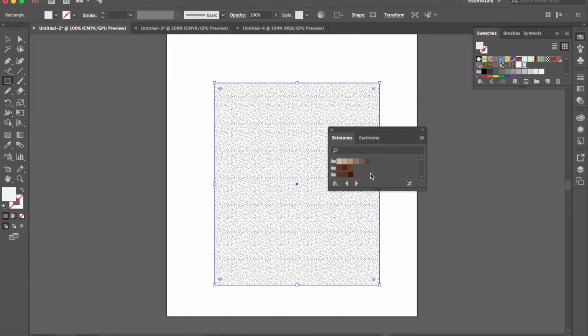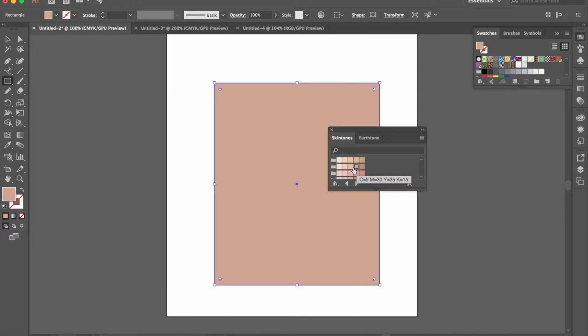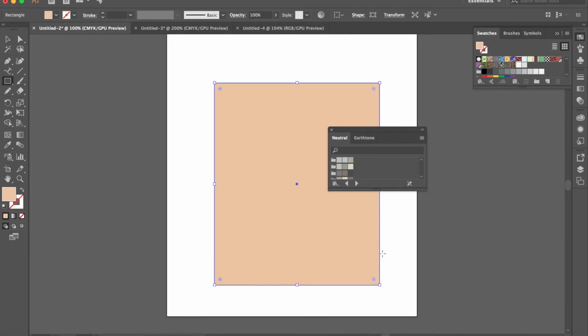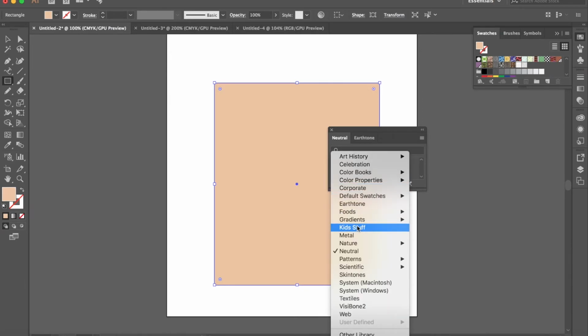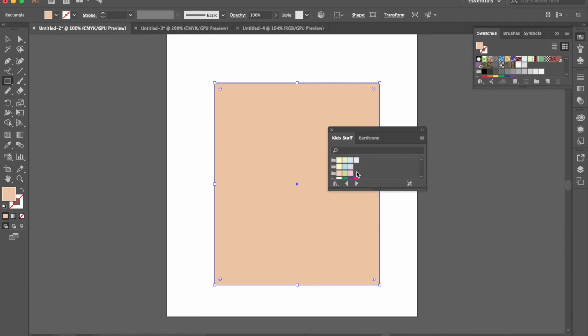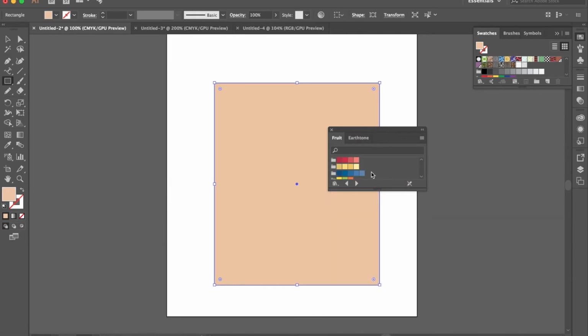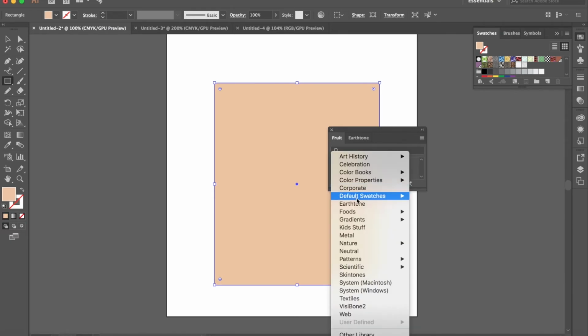There is skin tone swatches that you can use if you're illustrating a person, and it's really easy to find colors that you need in the swatches library. Neutral colors, and for example, kid stuff swatches, like the colors that go with kids. Like for example, if you're creating a kids poster,